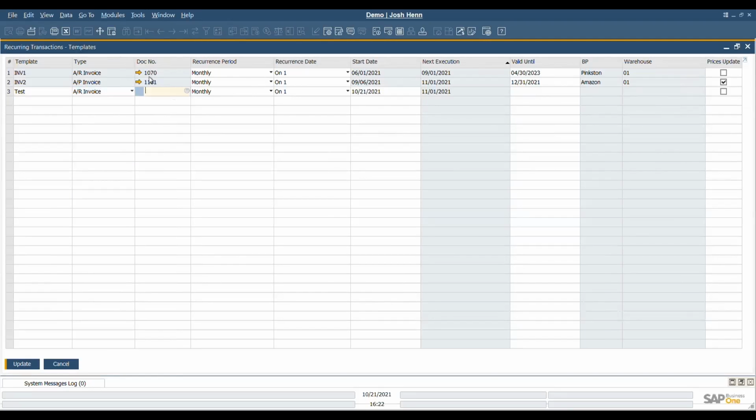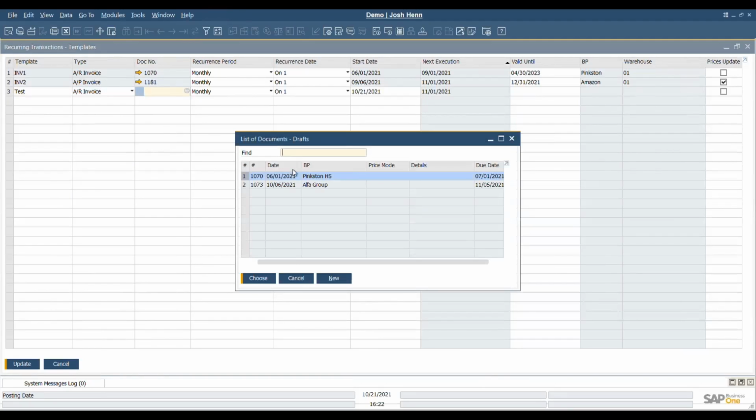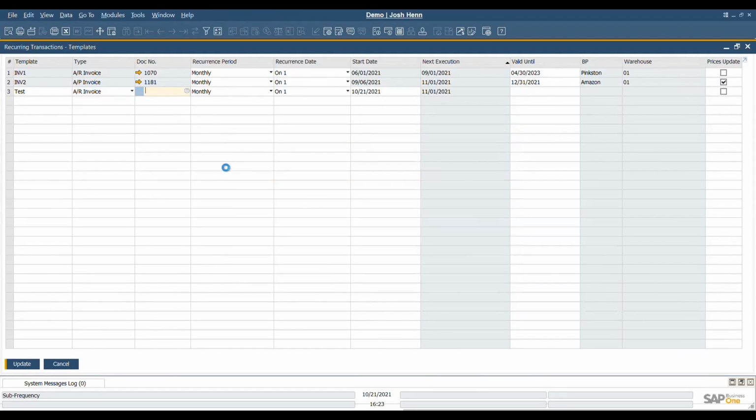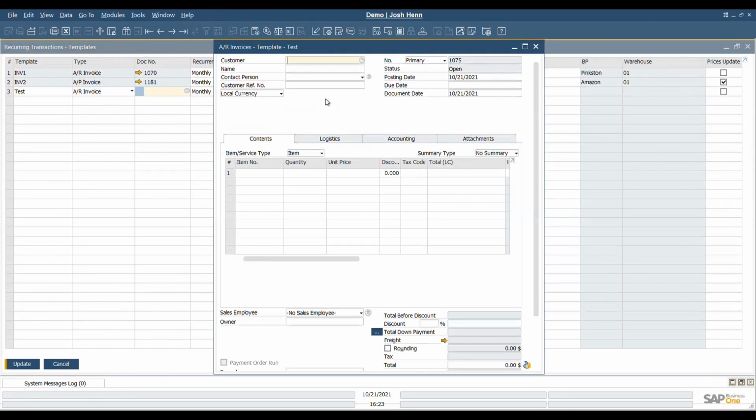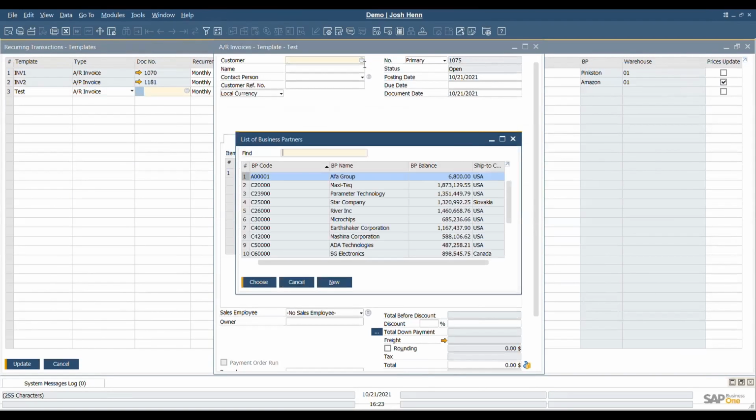So here we have a document number. So we need to determine a draft. So we'll create a new draft from the list of documents. I will assign a customer to the AR invoice template. Here we'll use MaxiTech.